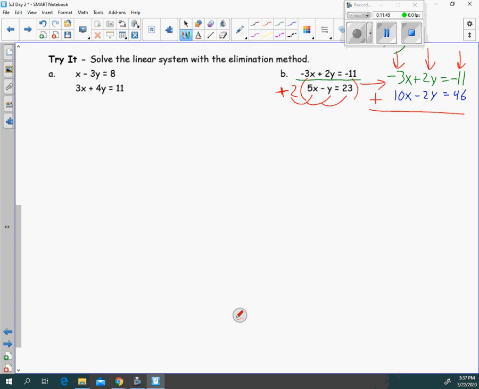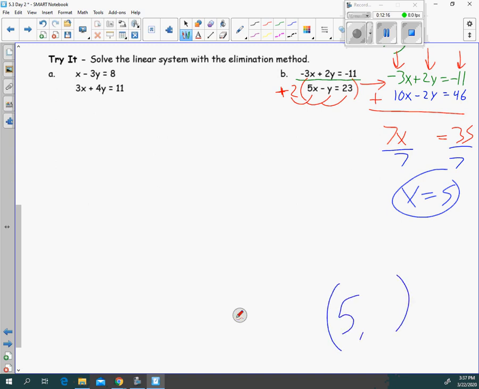So this is going to give me, if I add down, negative 3 plus 10, 7x. 0y, I'm not even going to bother writing that. And then over here is 46 minus 11, which is 35. Okay? So hopefully you can see x is going to be 5. That's half my answer. That's my x coordinate. If I want to find out y,